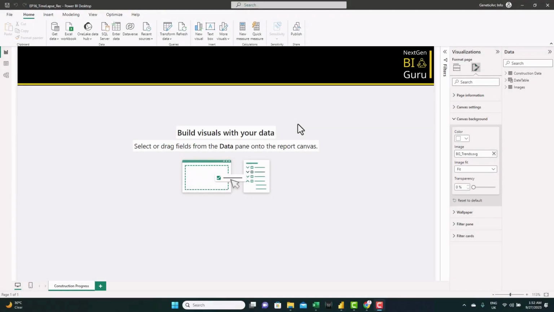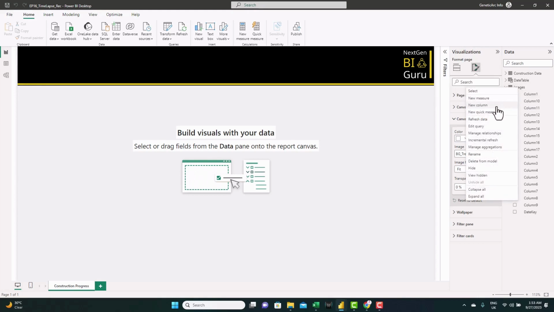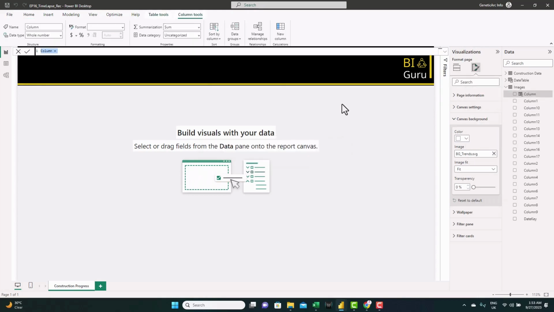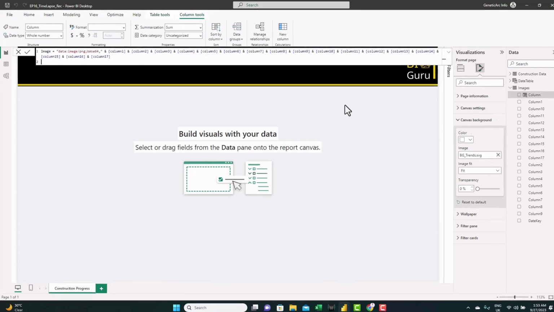The first thing we need to do to start building the dashboard is creating a column to combine those 17 columns into one column to be able to feed it to an image viewer. To do this, we'll just create a new column, and I have it ready. I'll just paste.